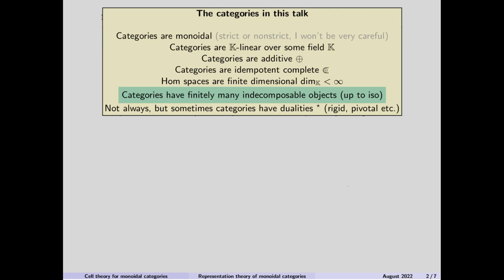And what is really crucial, and what we will discuss, so all of those, okay, we could agree on that, but I also want finitely many indecomposable objects. So first of all, I'm using additive categories, and in the additive setup, the correct notion of a simple object, and we'll come back to that in a second, should be an indecomposable object. So I don't know what a sub-object really is. I don't know really what a simple object is. So it should be the indecomposable object. And these are usually much more complicated to study. We'll see a lot of examples. And this is a huge restriction. But we need it in order to mimic